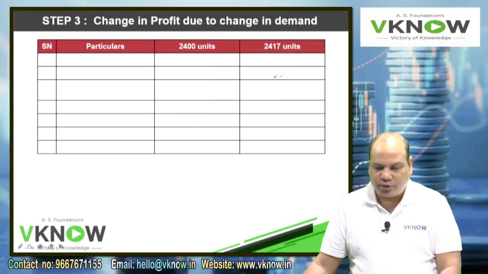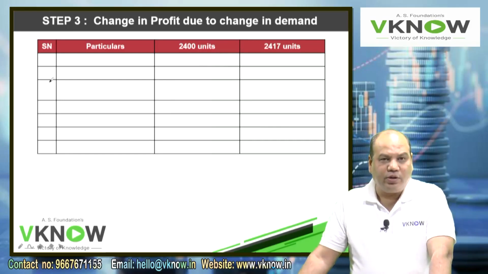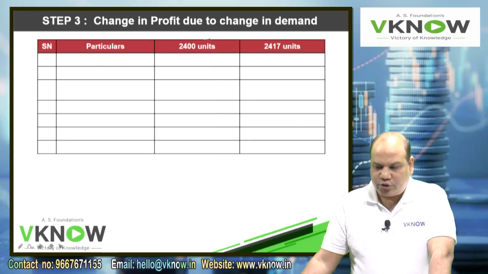Now this is called operating exposure because your demand has changed. So a change in exchange rate can affect your profit due to change in demand of the product. That is called economic exposure or operating exposure. On the first day of this chapter we learned there are 3 types of exposure: transaction, translation and economic exposure. So this is economic exposure because your demand has changed due to change in the exchange rate.